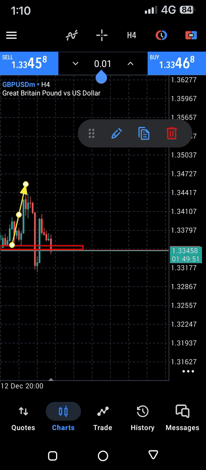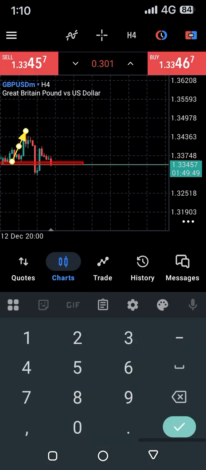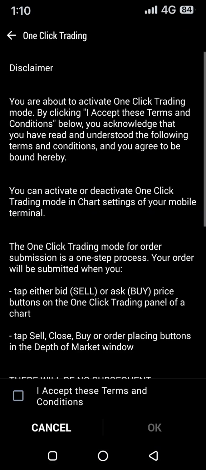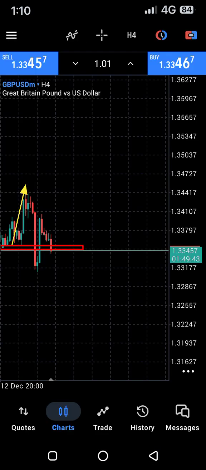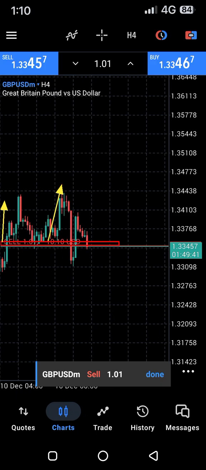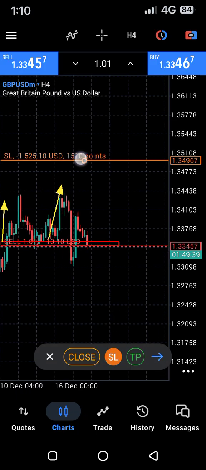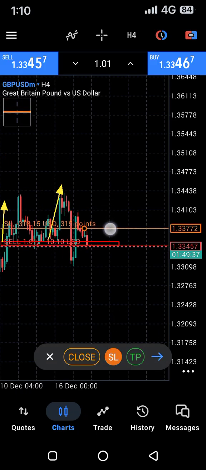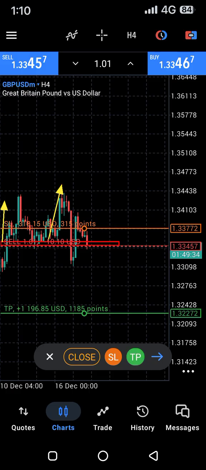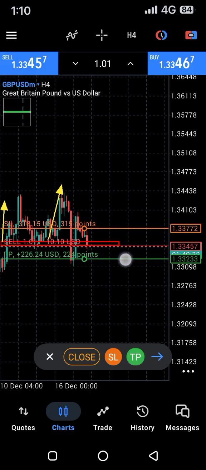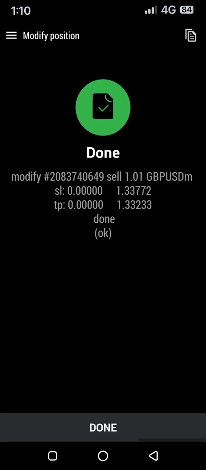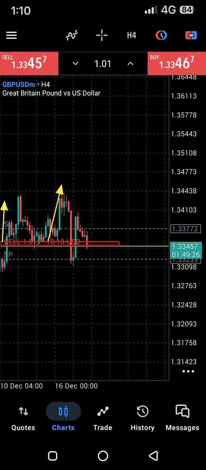I'll be using 0.3. Actually, let me just use 1.01. Okay, I'll be selling, and my stop loss for this one won't be so huge. My stop loss will be just $300, and I'll be taking the market up to where it first of all stopped at $200. Okay, to most people this of course seems like a negative return on investment, but